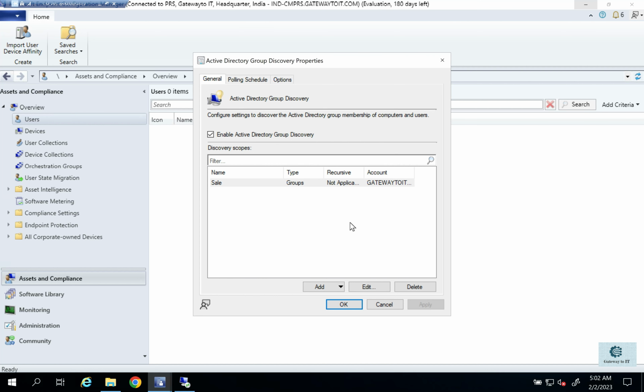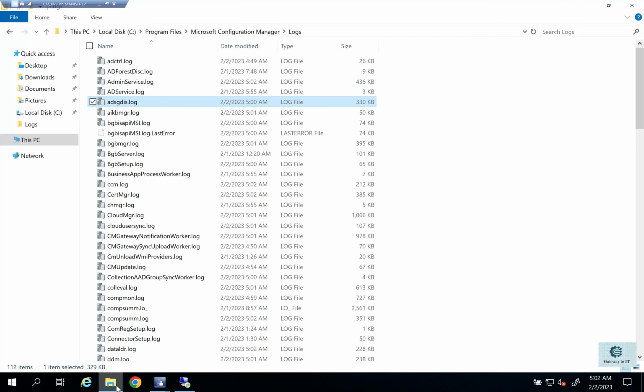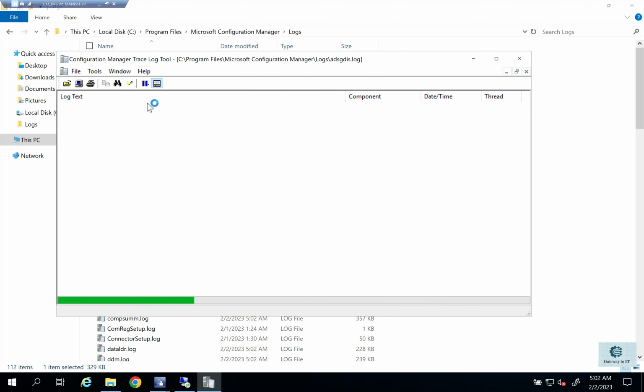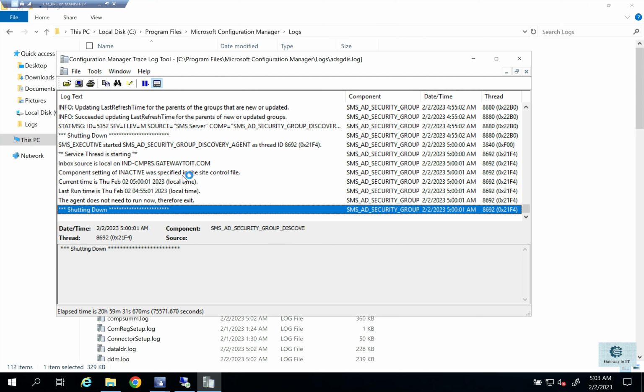Now, in order to see what is happening in the backend, or if you are turning on this option and still the groups are not getting discovered, the log you have to look for is, you have to go to C program files, Microsoft Configuration Manager, and logs, or the location where you have installed the SCCM, and then you have to look for adsgdis.log. That's the log which you have to open. Now, if I open this log and see,